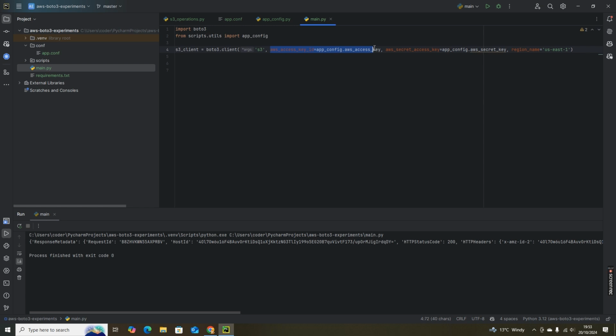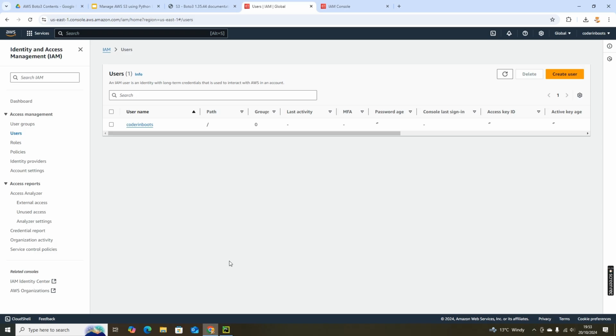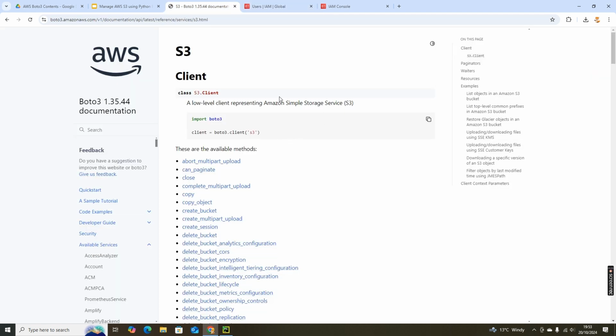We need to pass the access key, then the secret key, and then the region. I just passed US East 1. As of now, this account does not have any buckets. So the first operation that I'm going to do is list the buckets in this region. For that, I'm going to get into the AWS Boto3